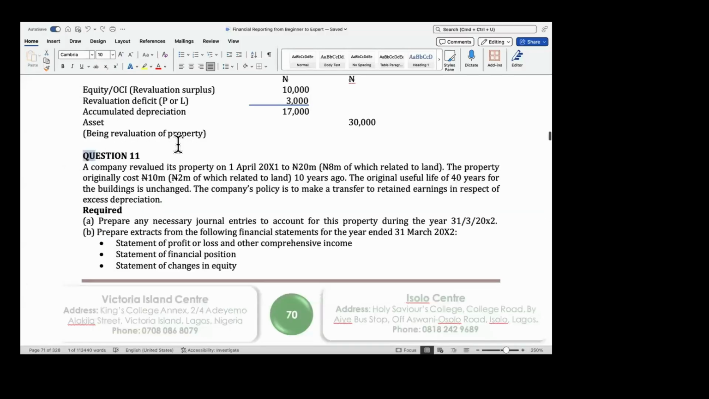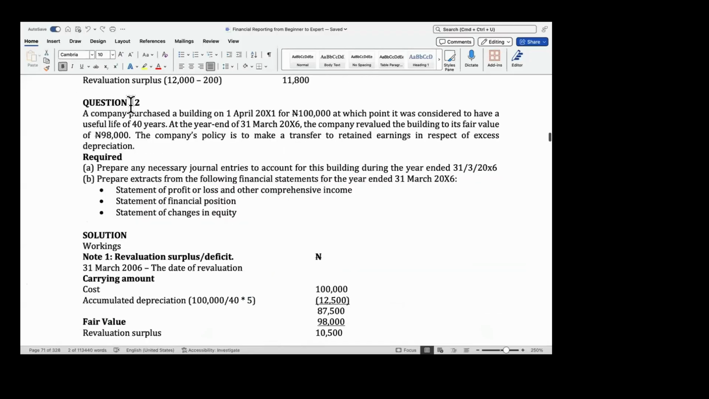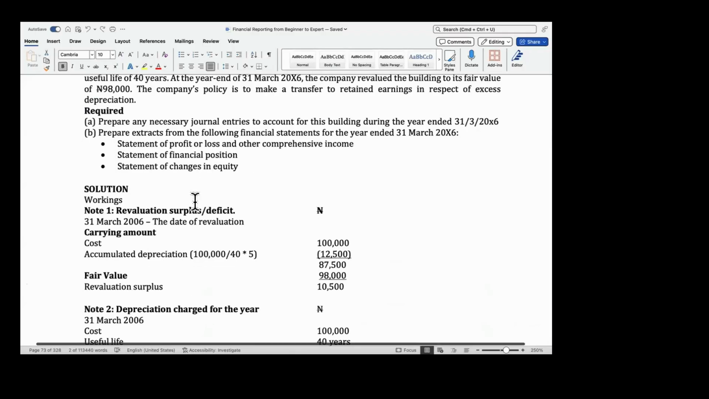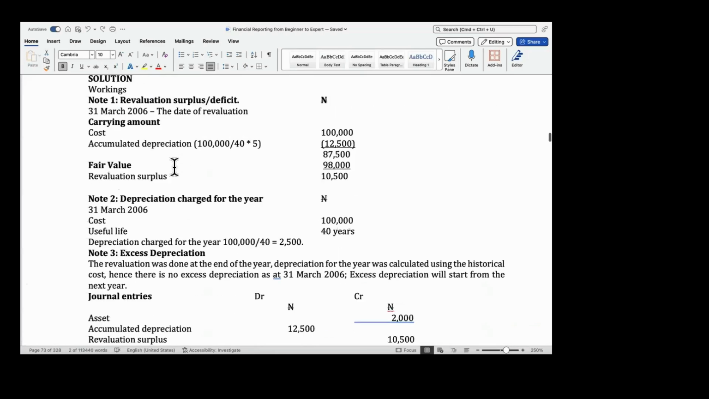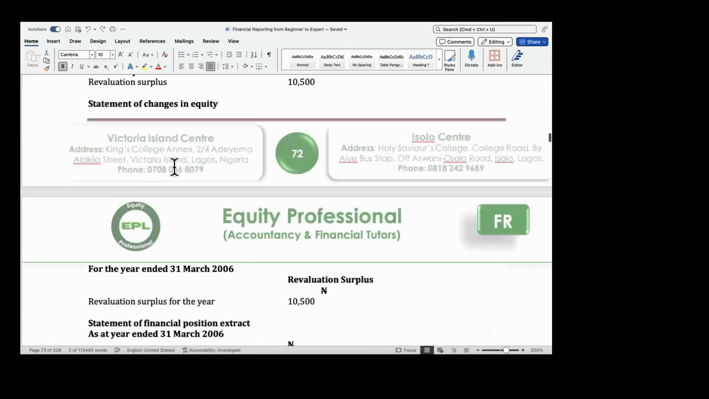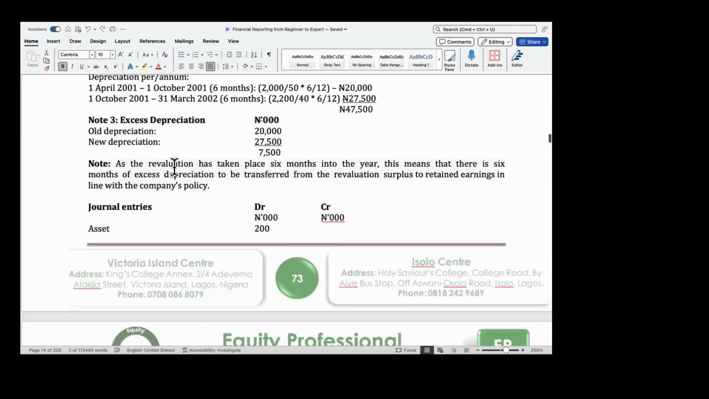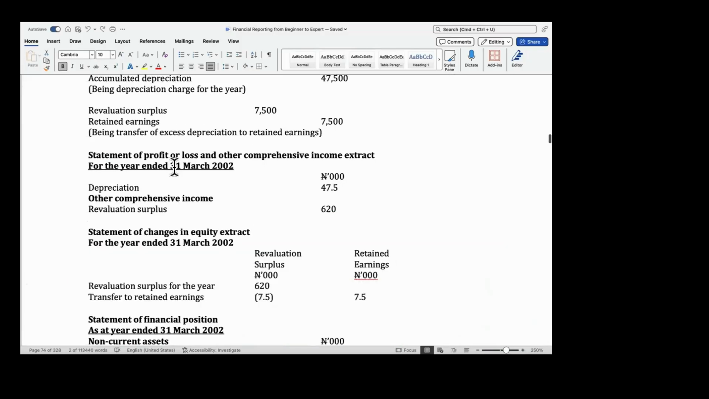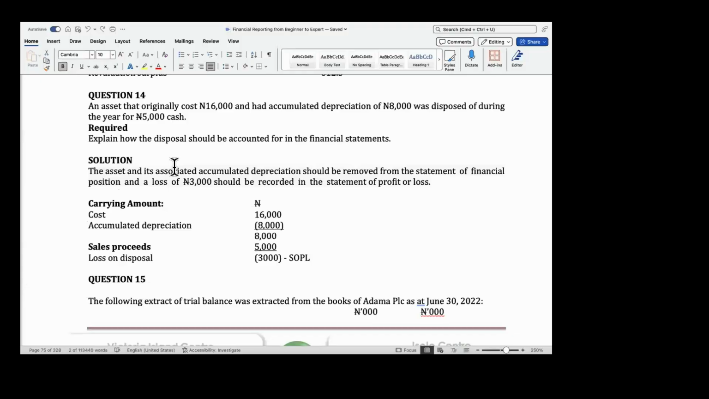So for that reason, I would want you to do question 12. It's very similar to, I know the solution is there, but you are adults. I want you to practice it. Before you compare your solution with the solution I have here, do question 12 and question 13 as your practice. Now,